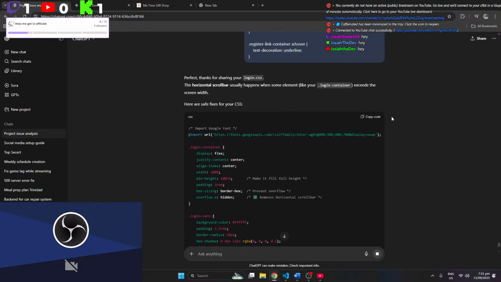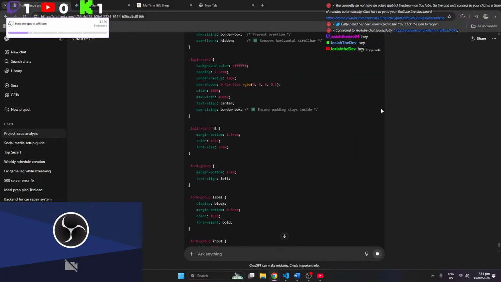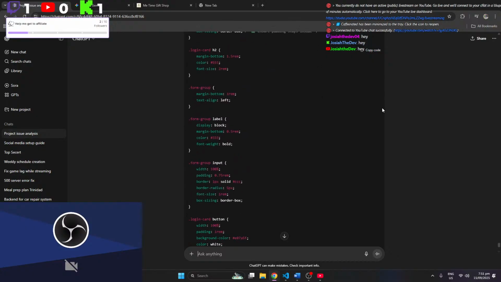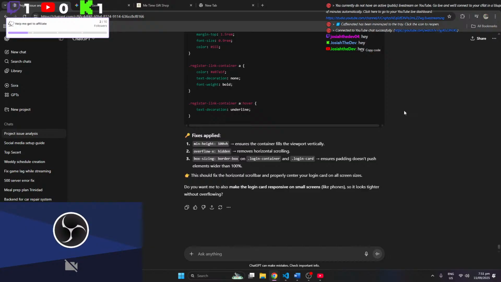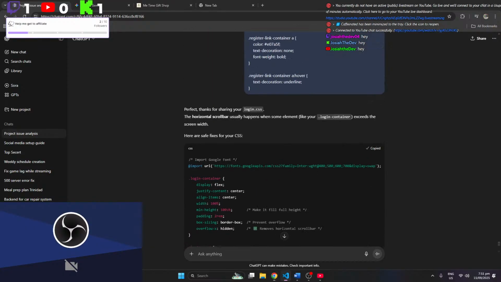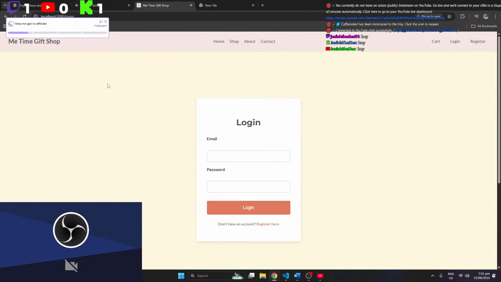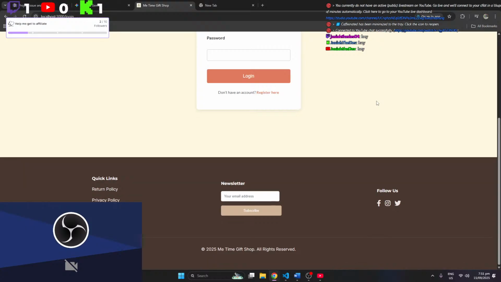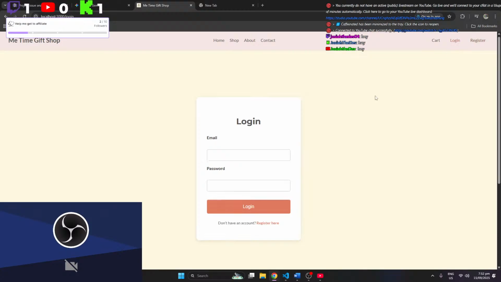All right, so it's just giving me the code right now. When it's done, I'll just copy and paste this and let's see what the new one looks like. All right, so let's copy this now. Hopefully this fixes it. There we go. Make sure register is okay. All right, so that is one bug down. That's beautiful. So let's remove this. Let's remove that. And what we should do now is also fix the